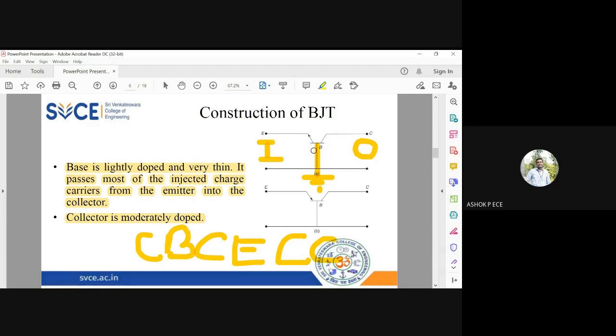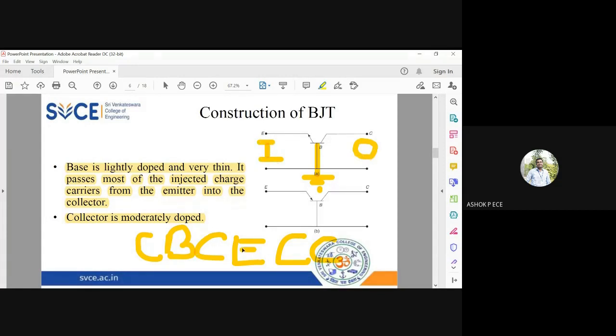Next, common emitter. See, this common base is clear, right? When it is common base, the common terminal is grounded. Since the terminal is grounded, your BJT becomes a two terminal device. So it will have one input and one output terminal. Collector is always going to be the output; that never changes. Emitter naturally will be the input.